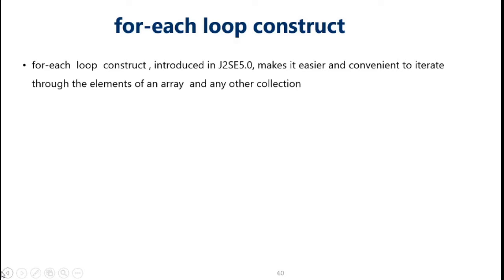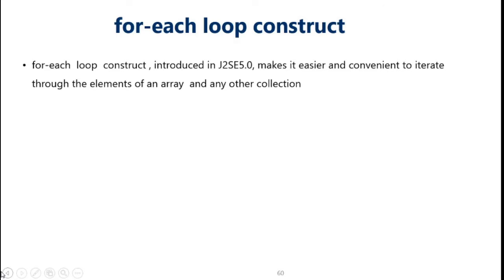What is the syntax of for loop? For example, for i assigns to 0, i less than 10 and i plus plus. In this, i is the temporary variable which is initialized to 0. Then i less than 10, this is the condition. And the third part is the increment or iteration of the loop. For that, the value of i is updated, that is i plus plus, it is increased by 1.